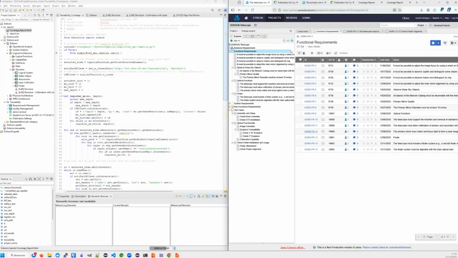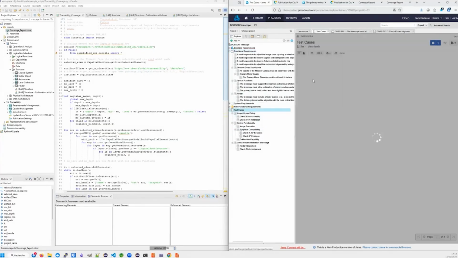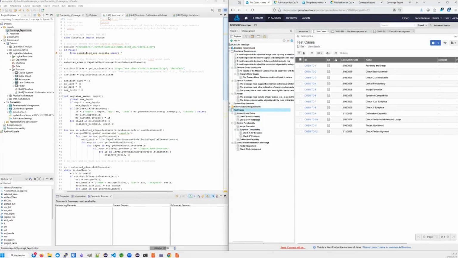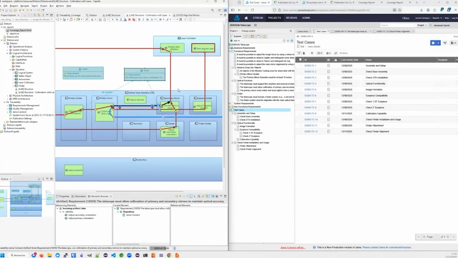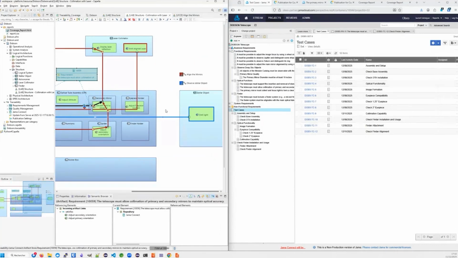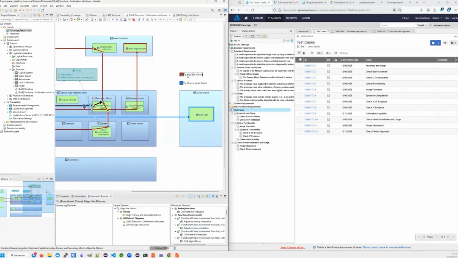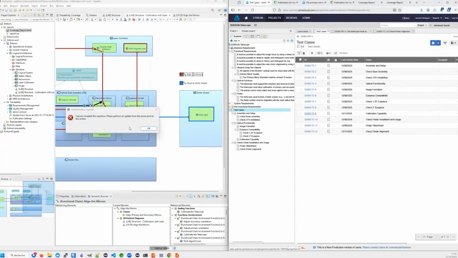link test cases. I have a few test cases defined here. And I want to say that aligning the mirrors is something that needs to be tested to verify that it works. And we have a test case for that, which is the collimation capability test case, this one. So I want to trace this test case to my functional chain. As usual, I just drag and drop it.